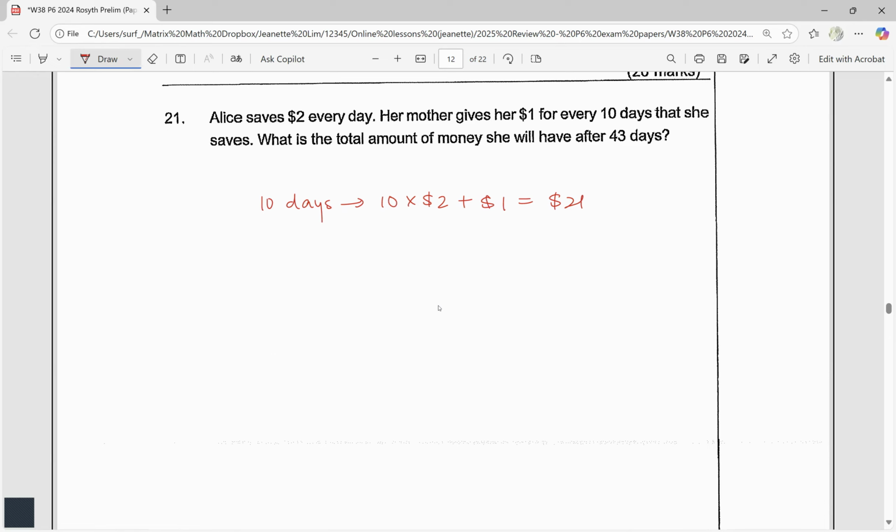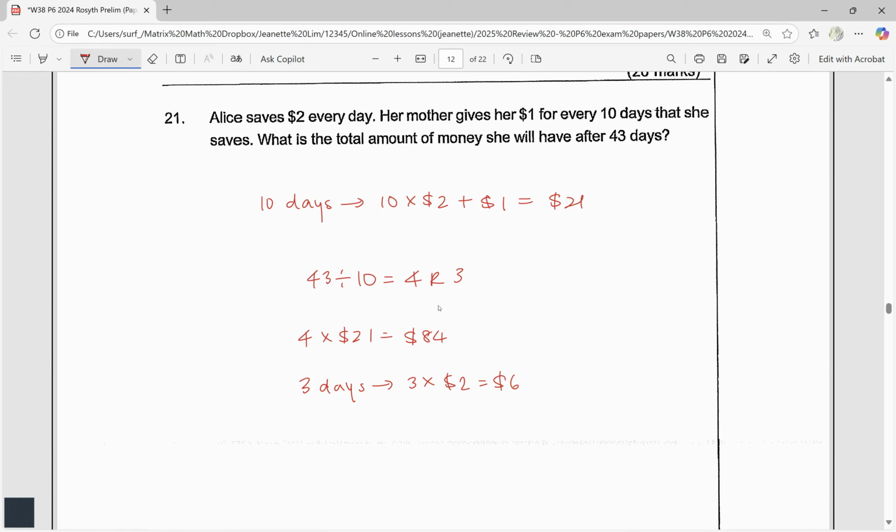How many groups of 10 days is that? So 43 divided by 10 equals 4 remainder 3. Okay, there are 4 groups of 10 days, so 4 times $21, which is $84. There is a remainder of 3 days, so for these 3 days, she would get 3 times $2,